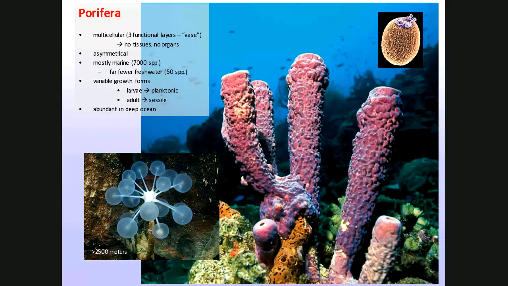Poor sponges. I totally skipped them. Let's go to the poriferans back for a second. Out of the eumetazoans into the multicellular, but not tissues, no organs, no symmetry. May look like it, but no symmetry.